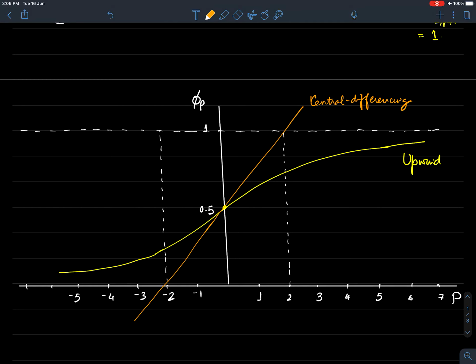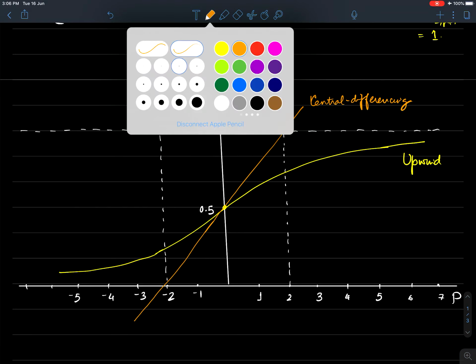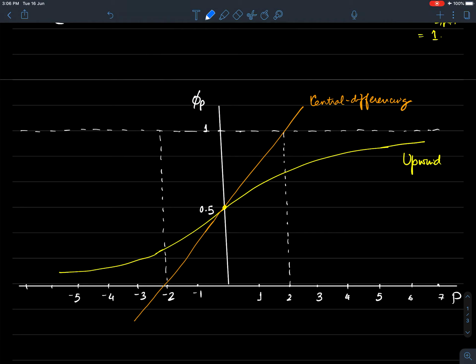And if you remember, the hybrid scheme takes some aspects of central differencing and mixes it with some aspects of how the physics will change if modulus P is greater than 2. So I should say the hybrid scheme would be the same as the central differencing scheme for modulus P less than 2, but beyond that it should give me this behavior. So this blue is going to be the hybrid scheme.